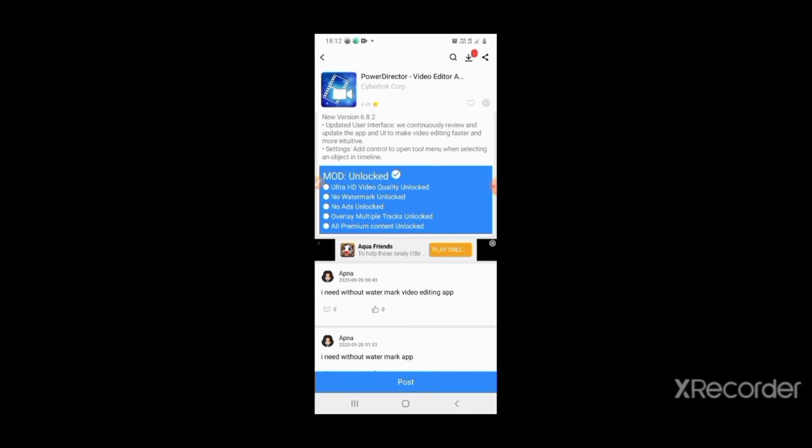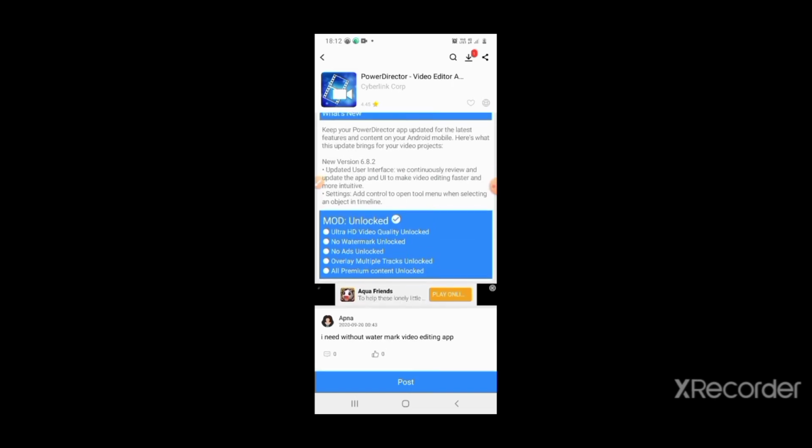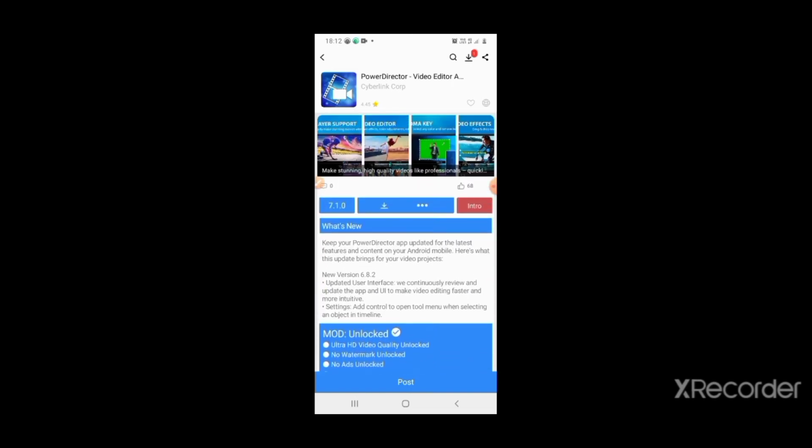Quality unlock, watermark unlock, enhanced unlock, load multiple tracks, unlock all. This is really good for new users. So now you have to come back,